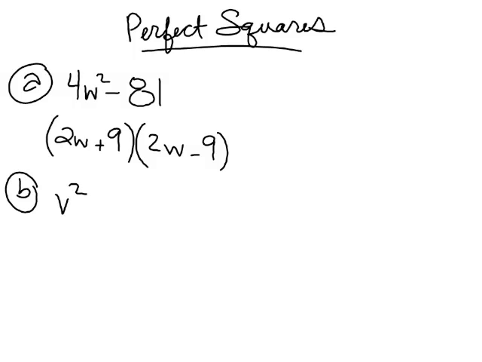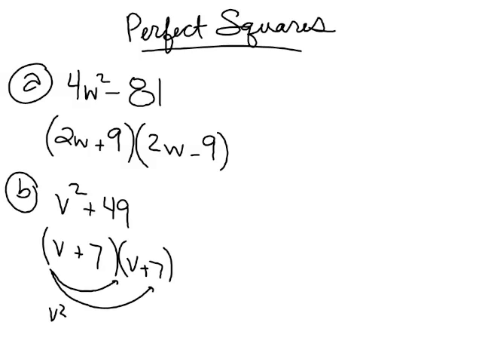Example B is v squared plus 49. So what's the square root of v squared? V. And what's the square root of 49? 7. Okay. This is a positive though. So if I write it like this, v plus 7 and v minus 7, what happens when I FOIL that out? Negative 49. Okay, I should have a positive 49. So if they're both positives, then what happens? I'd have v squared